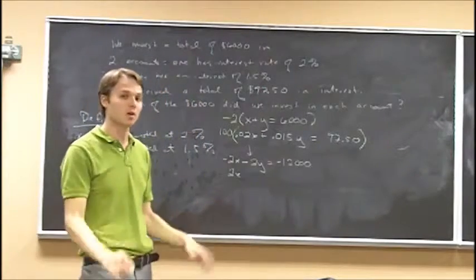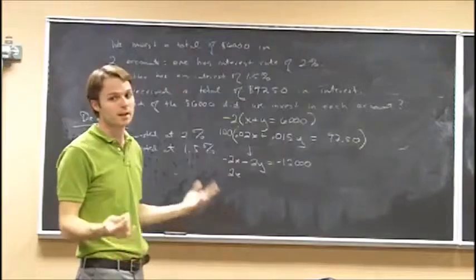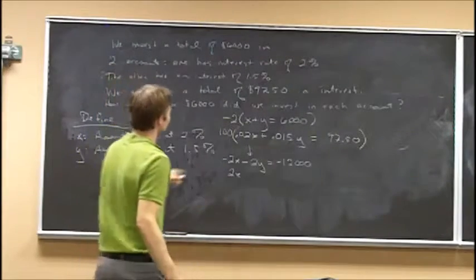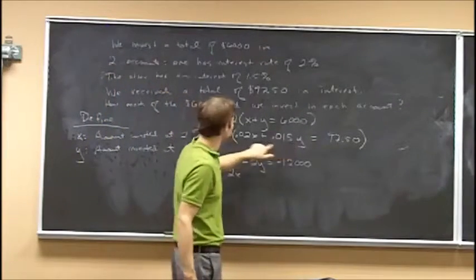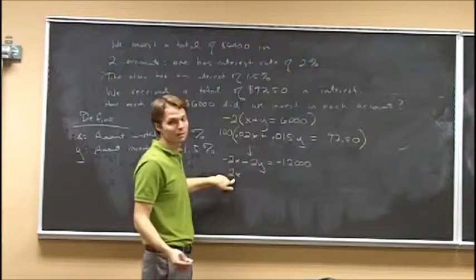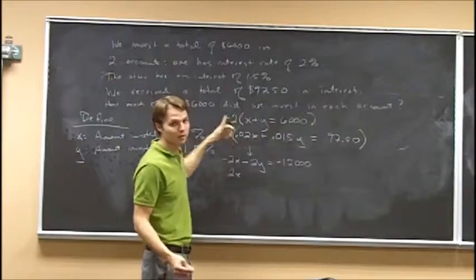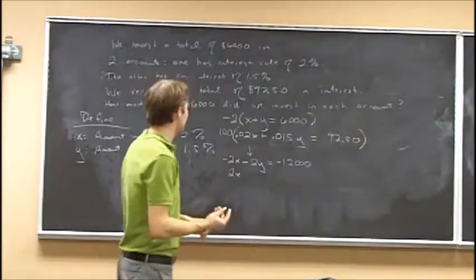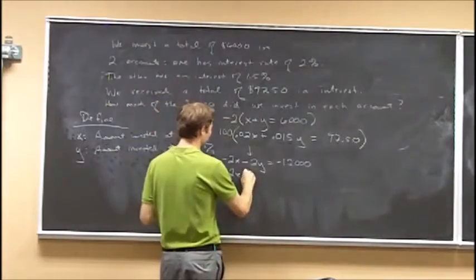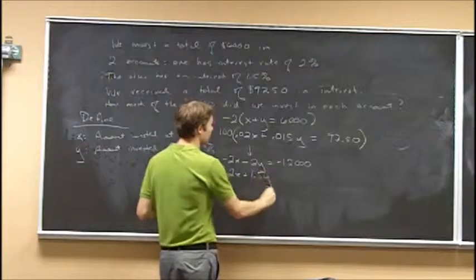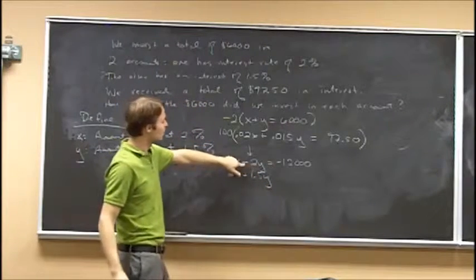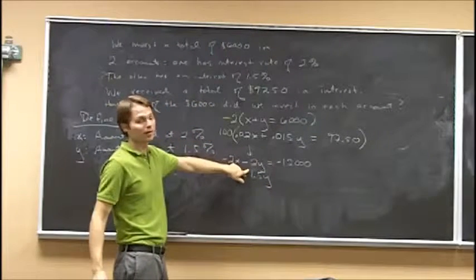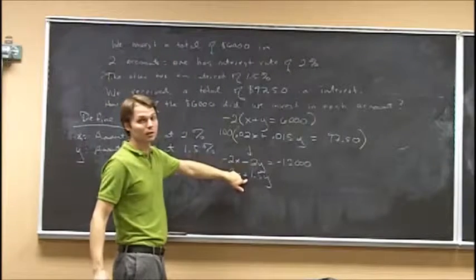If you wanted to eliminate all of your decimals, you could have actually multiplied by 1,000. That would move this decimal over 3 places, but then I would have had a 20 here instead of 2, so we would have to multiply this by 20. You can see the numbers start getting rather large. So either way is fine. I don't mind so much dealing with positive 1.5y, especially when I add it to this. I know I'm just going to be left with a negative 0.5 when I do the negative 2 plus 1.5